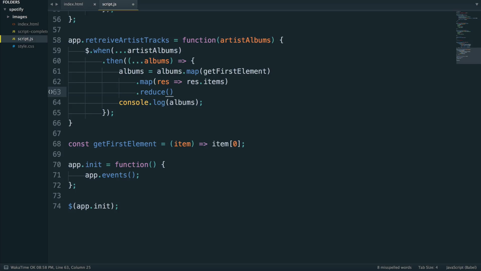The reduce method is really cool. It takes the previous element in an array and the current element in the array, and we can do anything we want with it. More importantly, we can set up the previous for the first time to be an empty array. And using ES6, we can say return an array that is previous spread out and current spread out. So we're just taking those two arrays and flattening them and concatenating them together. This would work really great if we had multiple arrays. In our case, we only really have the two. So if we take a look at this now,